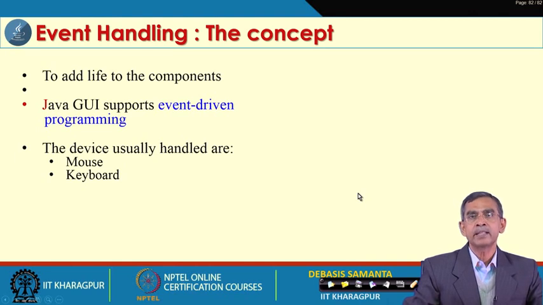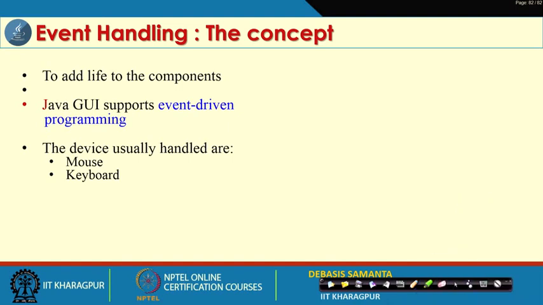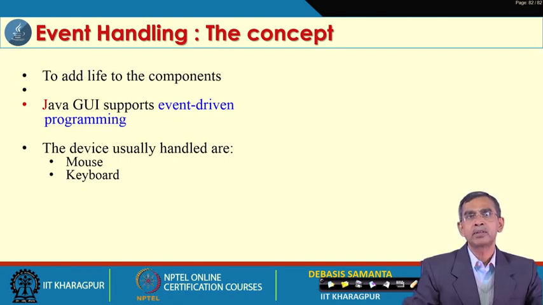Now, if this event occurs, suppose you click a button, then the button click should generate certain facilities for the user. Say suppose when you click a button, either it will stop an applet or it will play a video, and the video will automatically start playing and be displayed there. So, that is the event handling concept.